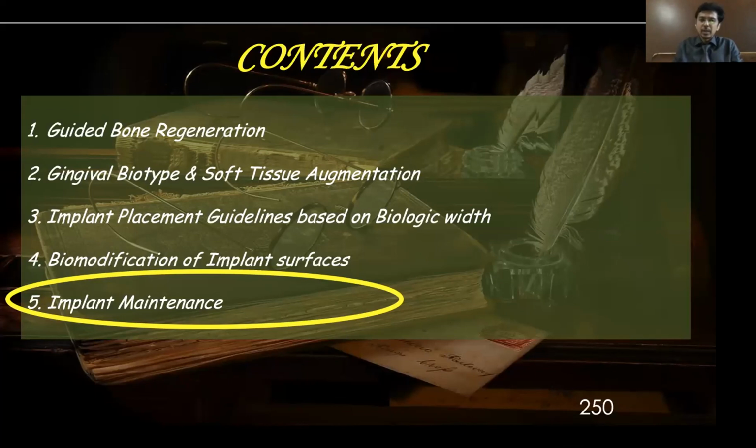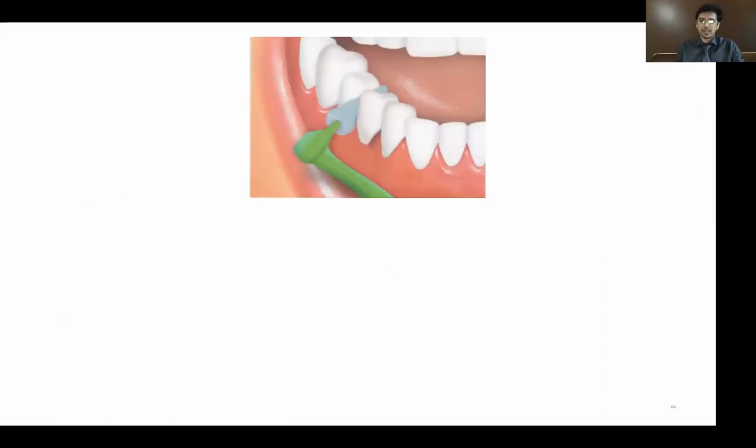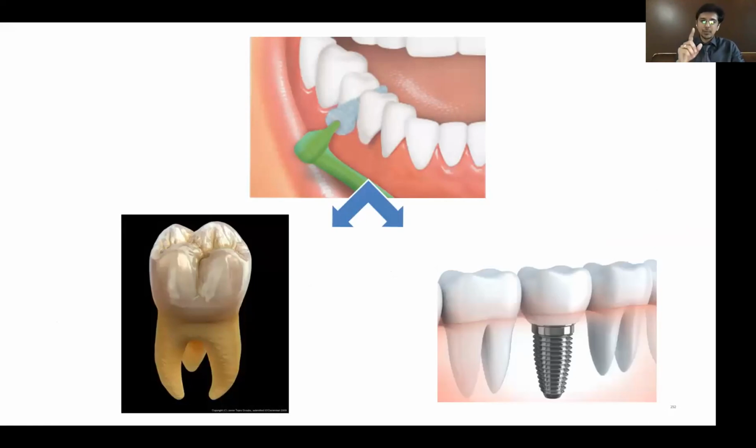So with regard to implant maintenance, implant maintenance basically means what instructions you are planning to give your implant patient once you have delivered your prosthesis. These are patients who will be with you for a lifetime. So there are two main instructions which you should always remember to give to implant patients immediately after you have placed your implant prosthesis. The first thing is, especially with regard to the replacement of multi-rooted teeth in the posterior